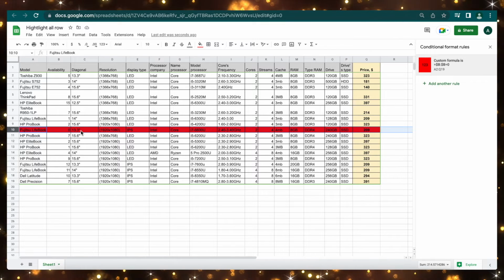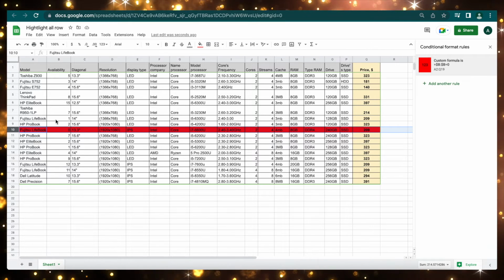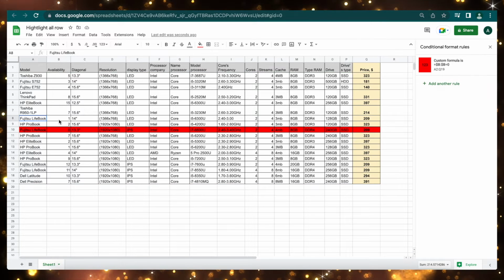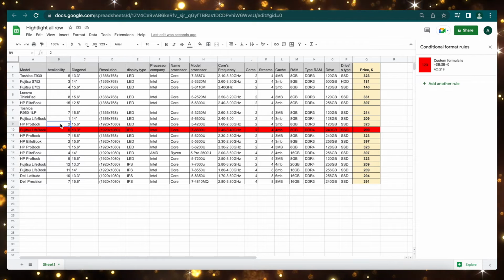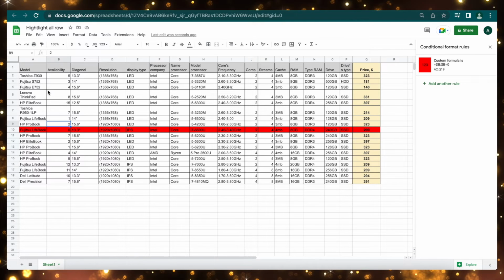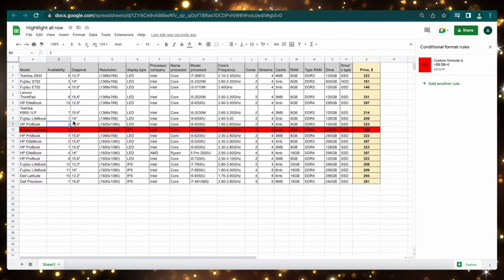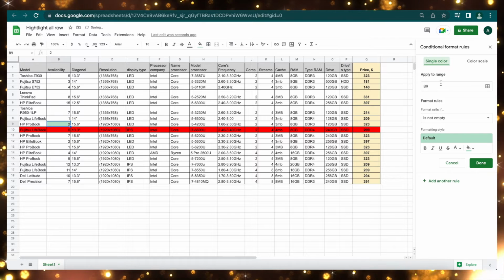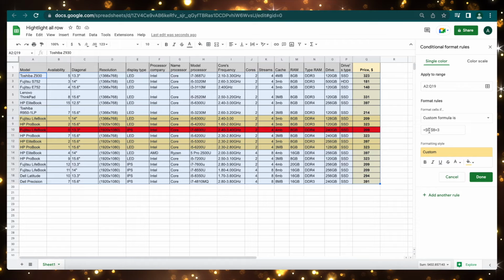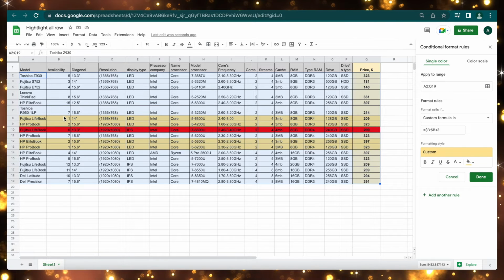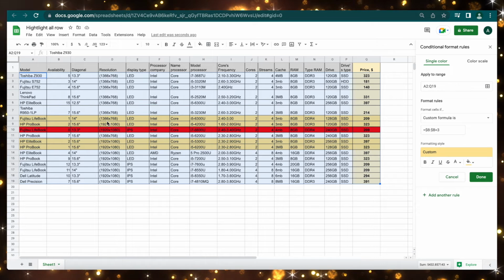And we have to know about low quantity. For example, we have laptops only in quantity of one, and HP ProBook we have only 2. We must know which positions are in low quantity. I add another rule, custom formula. So if I have less than 3 of a laptop, I highlight it in